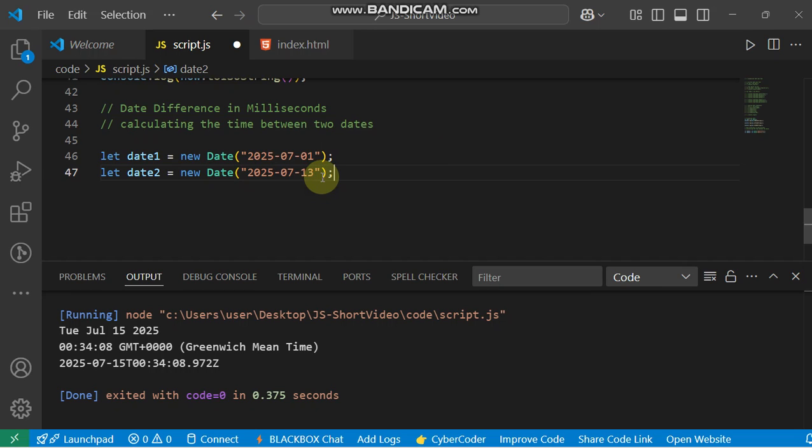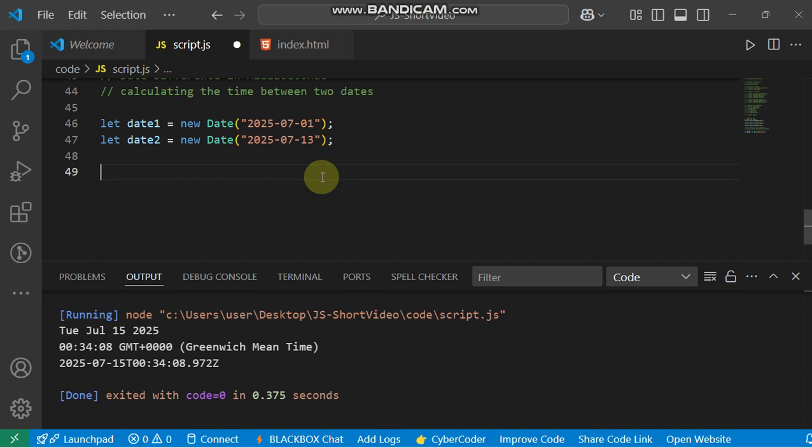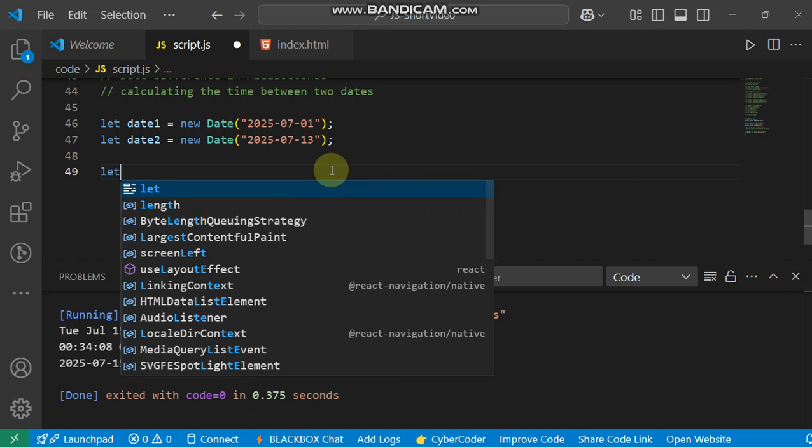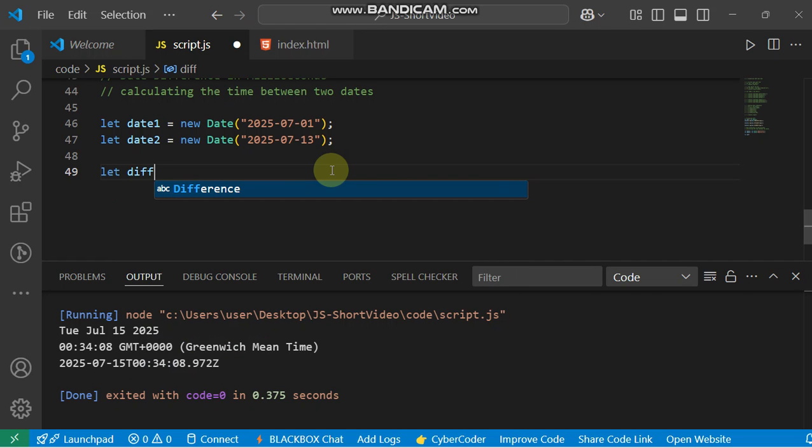Now, if you see where we declare the two variables, date1 and date2, their days are different. They have the same year and the same month, but the days are different, from the first to the 13th. Now in here we want to say let difference equal